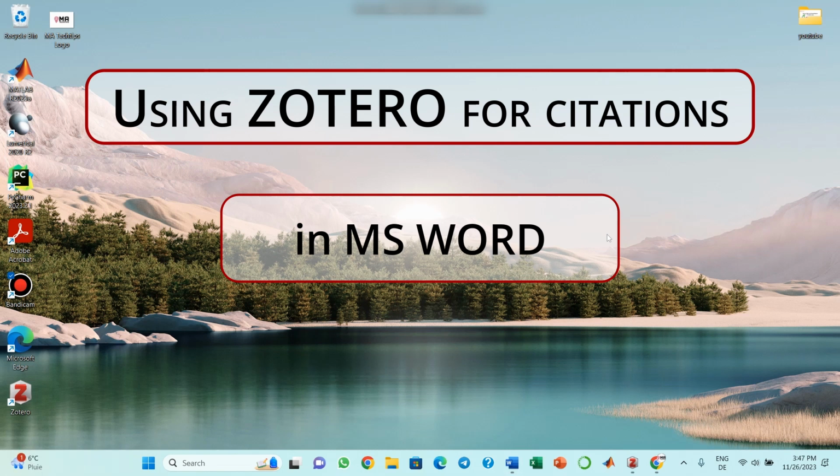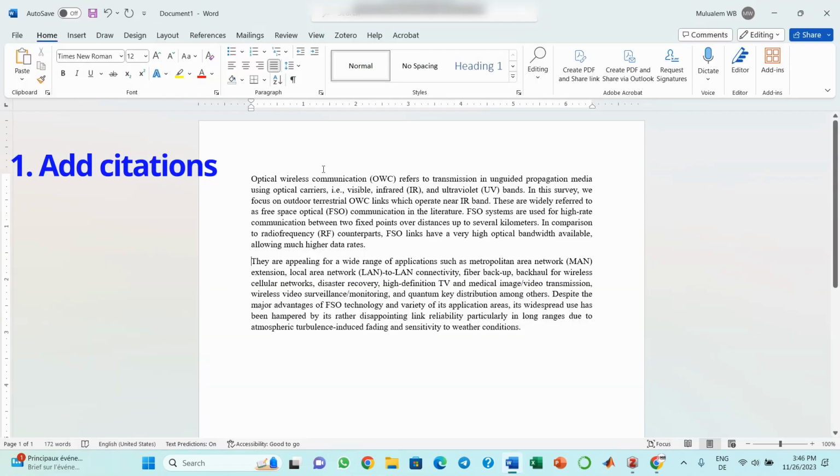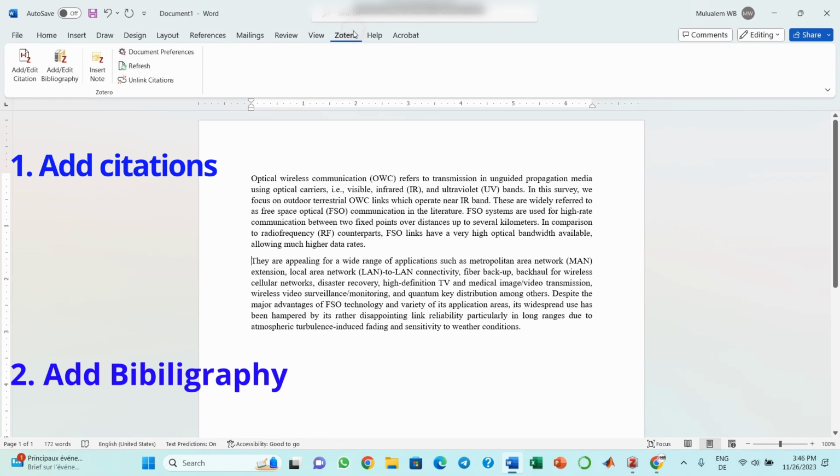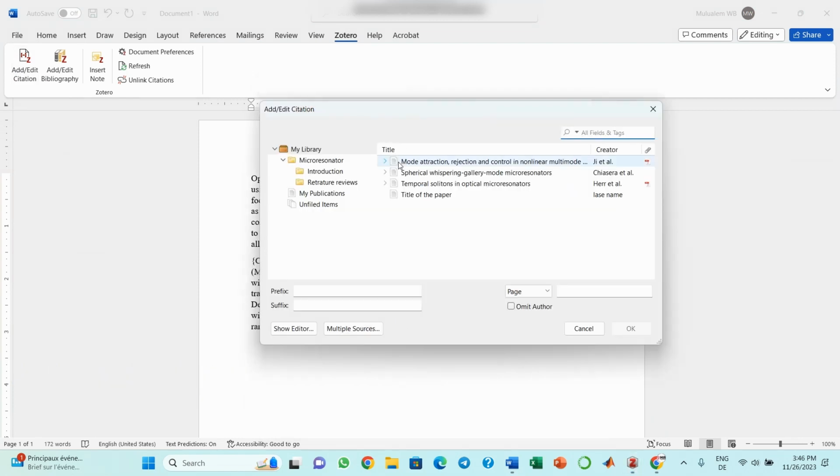In this video, I will show you how to use Zotero to add citations in Microsoft Office Word. We have some documents and we want to add citations for them. We can use Zotero to easily add or edit the citations. And we can also create a list of bibliographies using the Zotero app and add the Zotero add-in